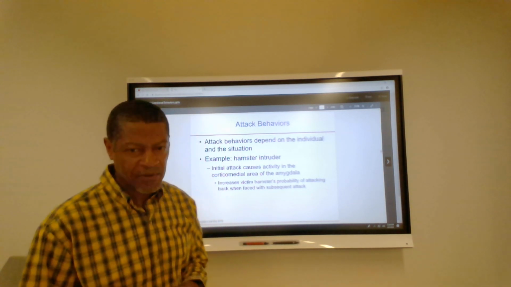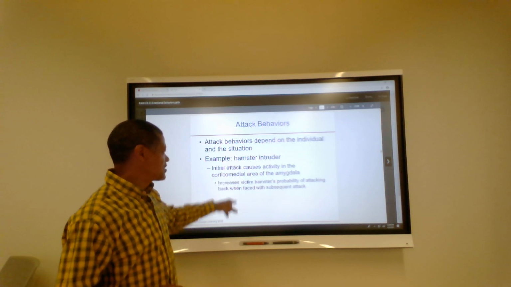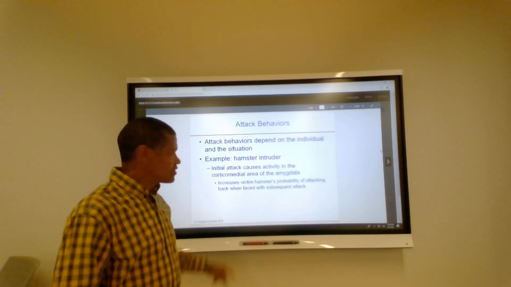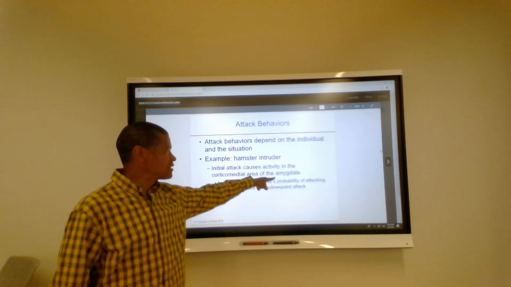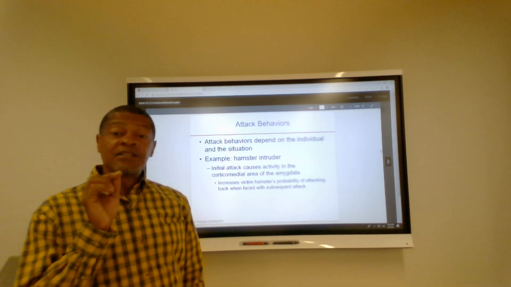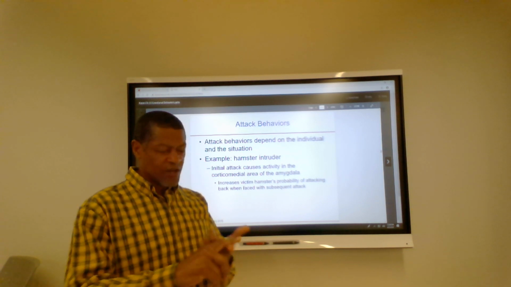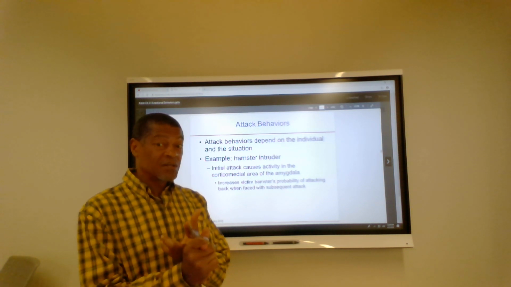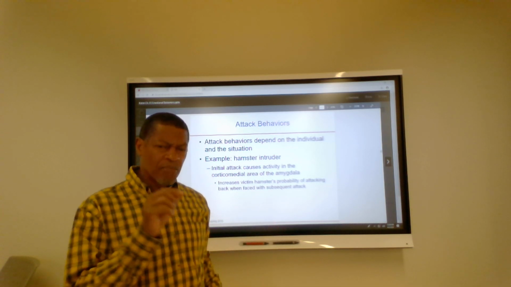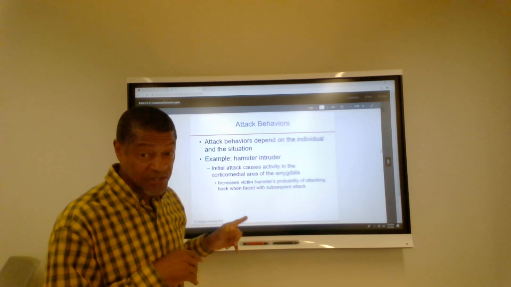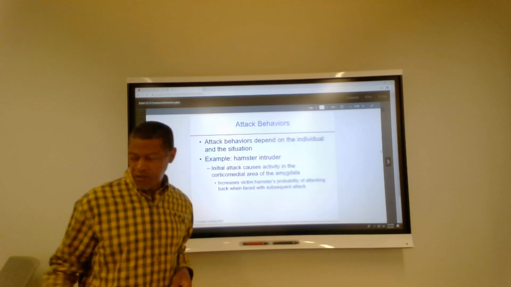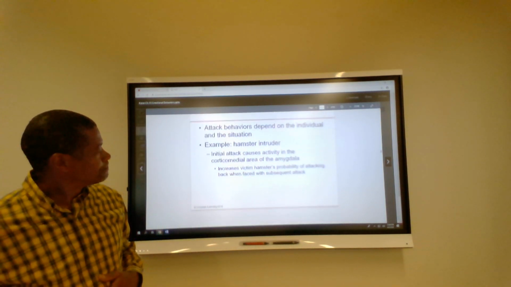All those are dynamics that can be investigated, and what has been found is that you can stimulate an attack by putting electrical energy into a place called the cortical medial amygdala. Now the amygdala, we said earlier, is an area for fear and aggression. There are different parts of the amygdala: the basolateral amygdala, central amygdala, and the cortical medial area. All those areas have a different component in terms of fear and aggression. But here we're saying if you stimulate it, it primes the animal to want to attack. Experiments have been done with hamsters to study that.